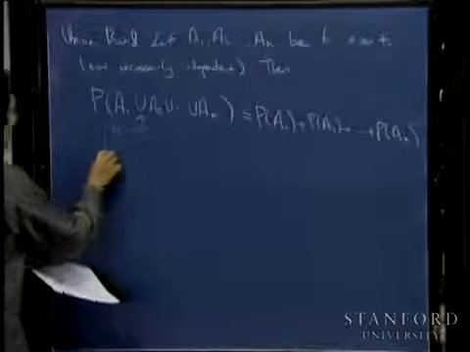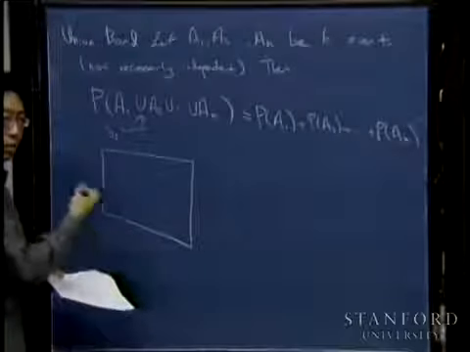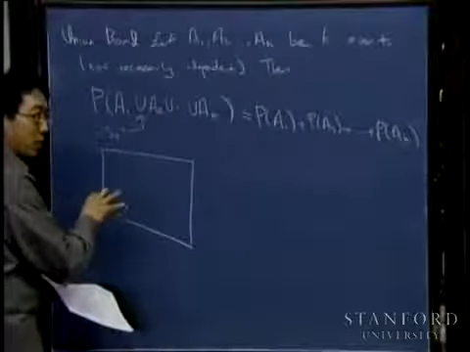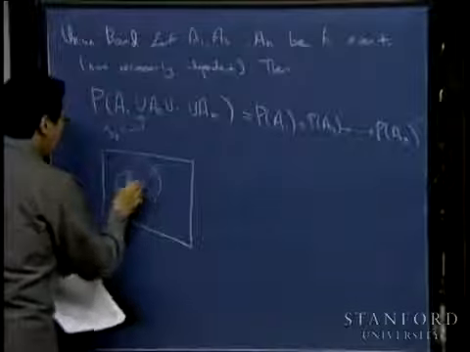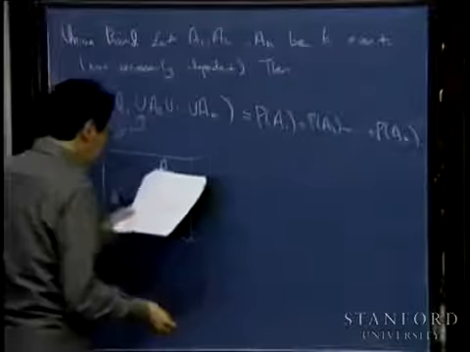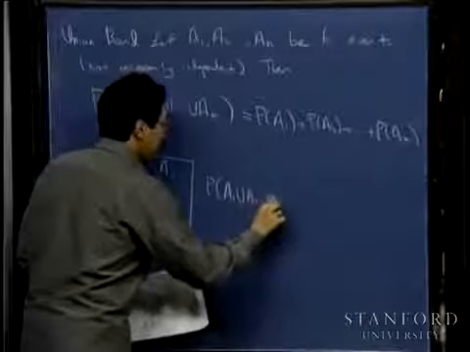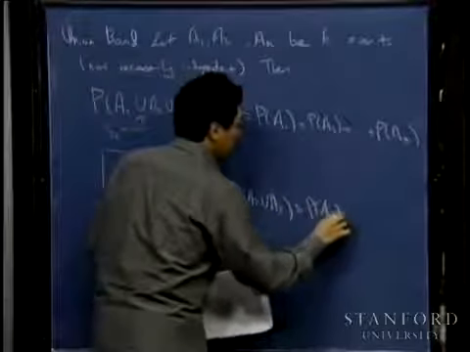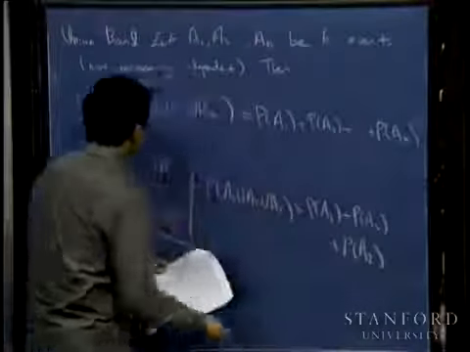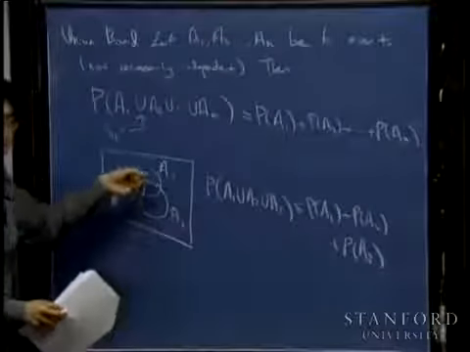The intuition behind this is, I'm not sure if you've seen Venn diagram depictions of probability before. If you haven't, what I'm about to do may be a little cryptic, so just ignore it. But if you have seen it before, then the probability of A1 union A2 union A3 is less than or equal to P of A1 plus P of A2 plus P of A3. So the total mass in the union of these three things is less than or equal to the sum of the masses in the three individual sets.